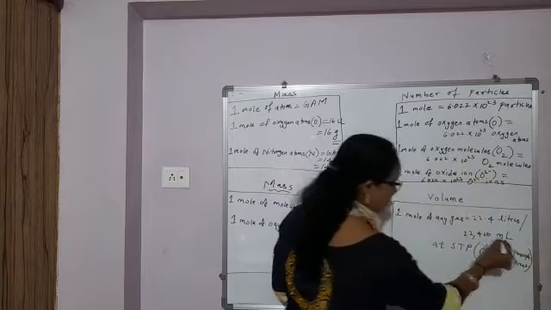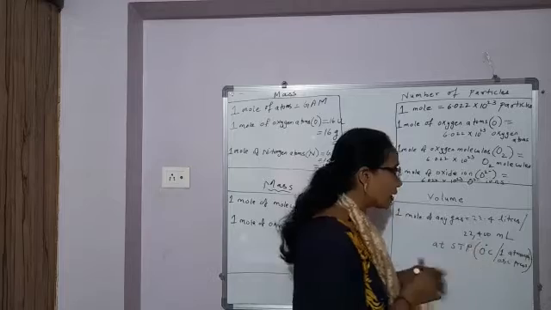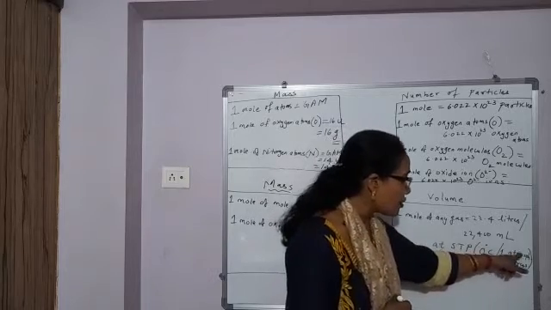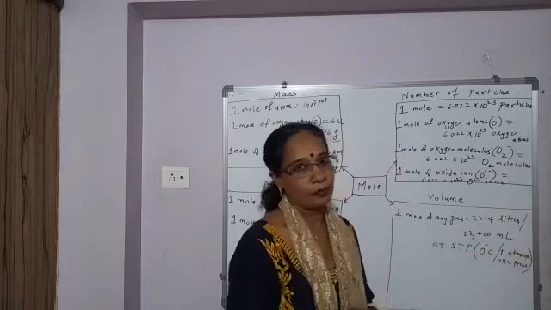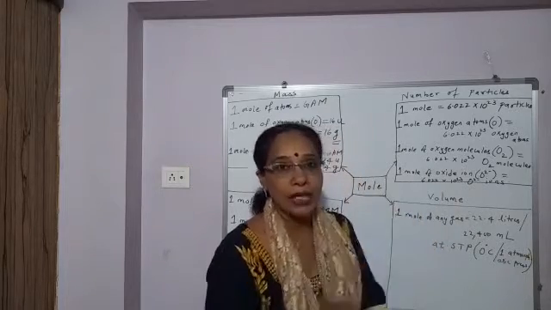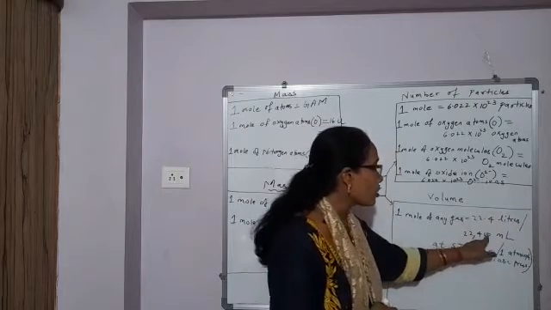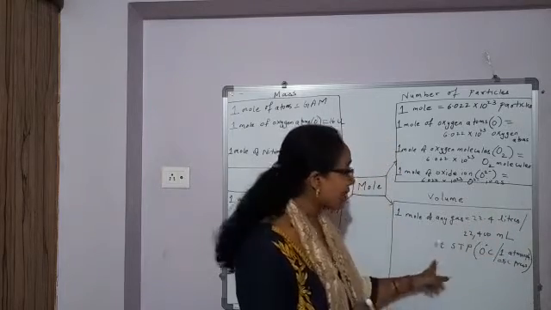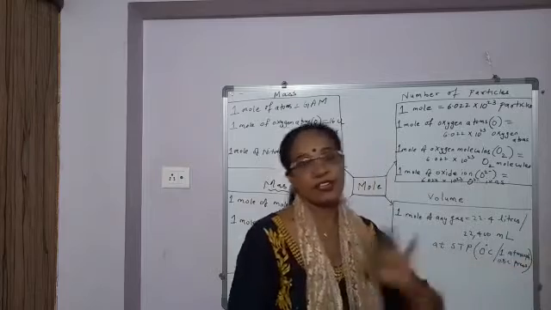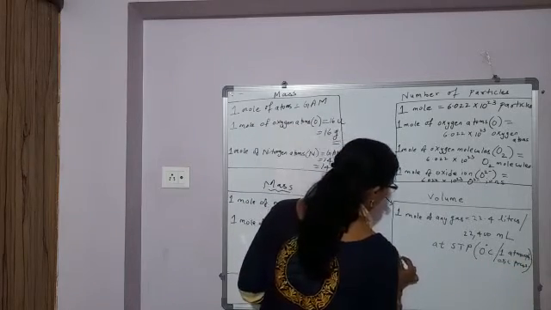This is standard temperature and standard pressure. Standard temperature 0 degrees Celsius and standard pressure is 1 atmospheric pressure. So, 1 mole of any gas, its volume will be equal to 22.4 liters or 22,400 milliliter at standard temperature pressure. Example, 1 mole of